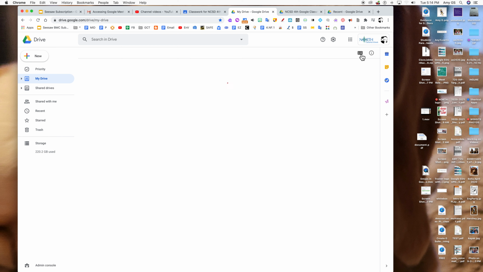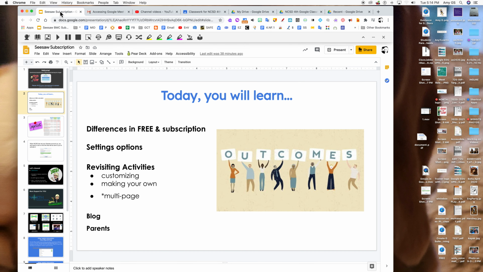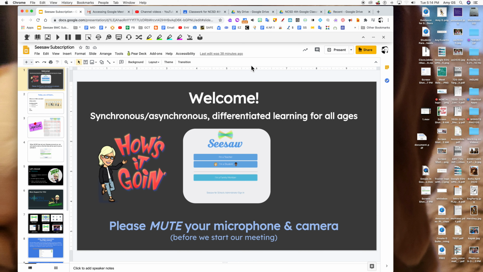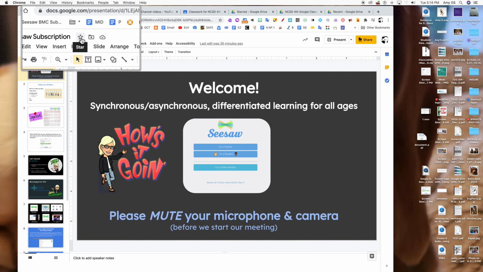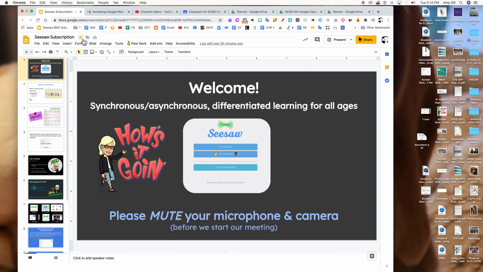Also, a lot of people are not really taking advantage of something called Priority and Starred. Starred are items that I've put a star by. So if I'm clicking on this, and this is a really important document, I use it a lot, I can star it. And you can see right here, there's a little star. So if I put a little star on that, then I can get back to it. So recent, things that you use a lot,